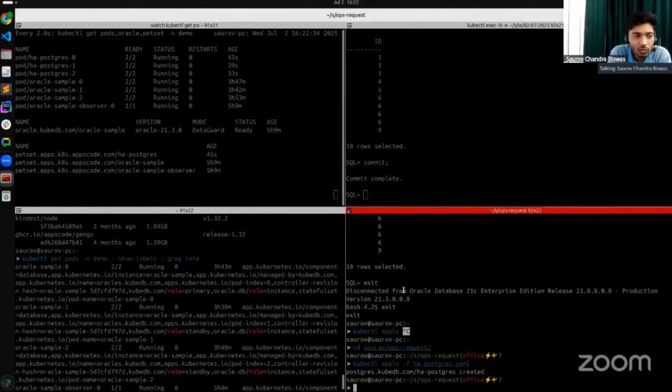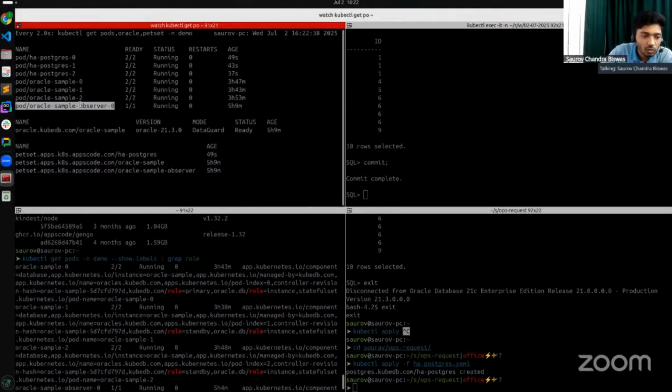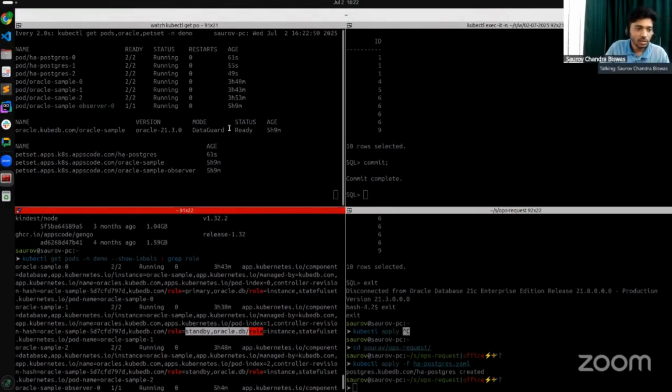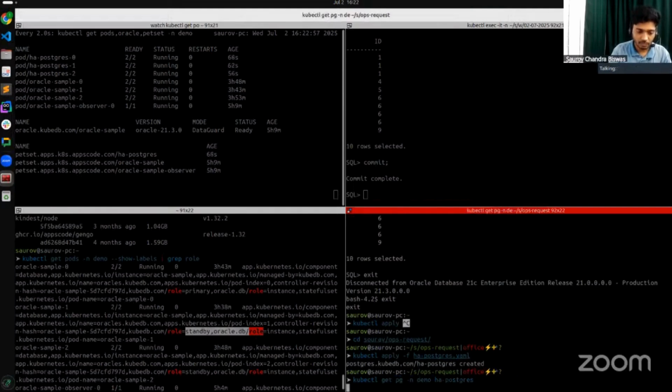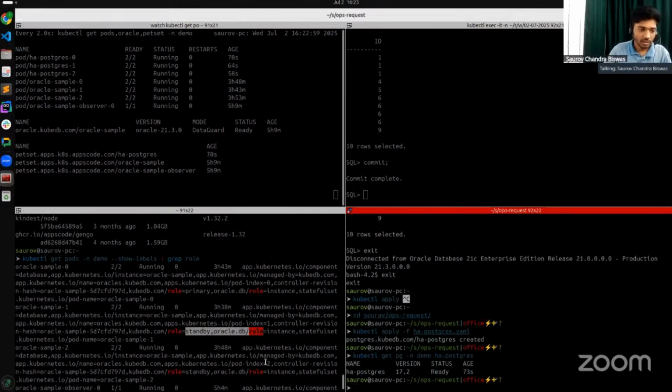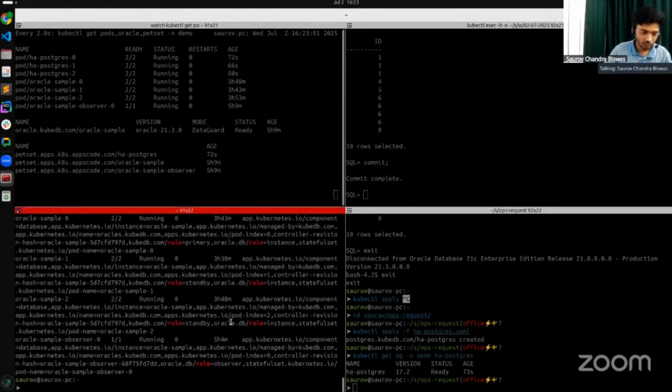Our observer pod will try to make the pod that we are trying to delete primary again. If it really cannot make it, then it will do a failover. Okay, so I think my Postgres should be ready. Yeah, it's ready. And if I just run the same command,